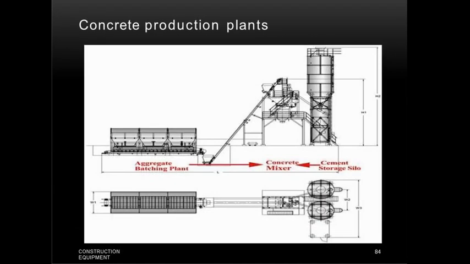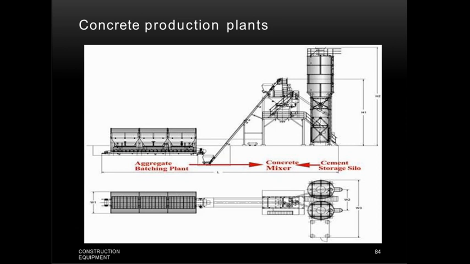The next type of concrete production plant is the concrete mixer, that is, you can say the pan mixer or the drum mixer. These concrete mixers are used for mixing all the ingredients of concrete to make a mix of specified consistency. The advantages of using a concrete mixer are fast mixing, and the mixing is also done properly.